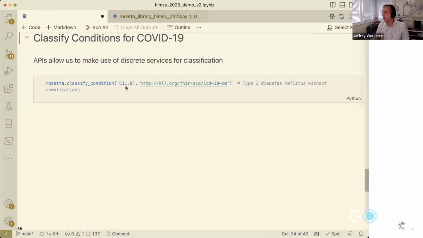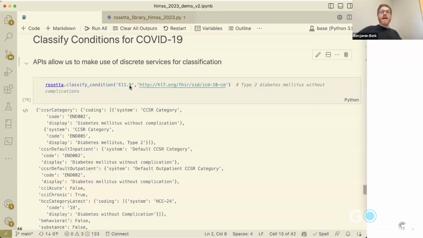Okay. Exactly. Got it. So if we hit the classify condition API with that ICD-10 code, we actually get back the CCSR categories. So we can see that at a higher level than specifically diabetes without complication, there's just diabetes generally, right? And there's a number of other things that this provides. It tells you whether it's acute or chronic.